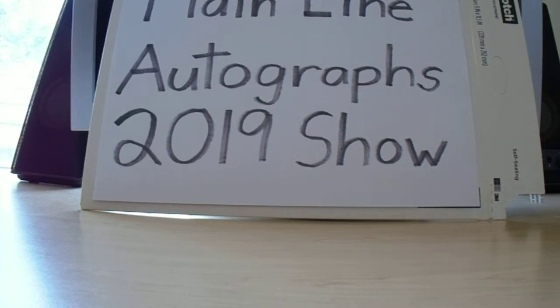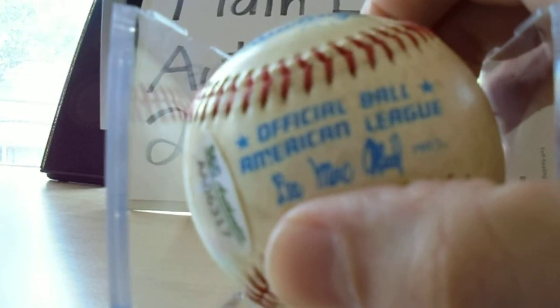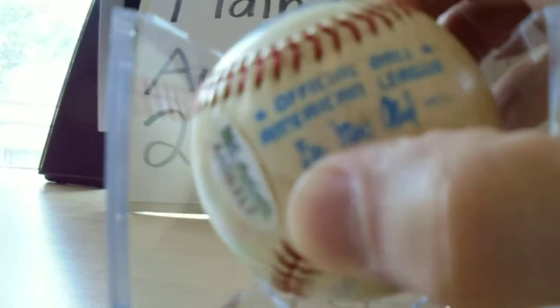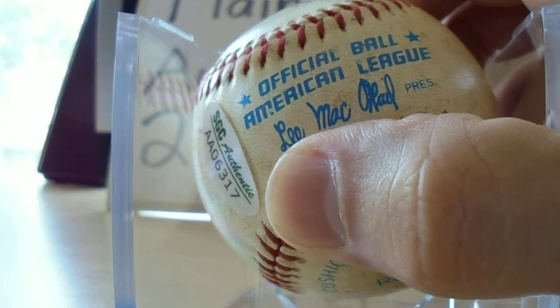This man played from 1942 to 1965. He passed away in 2003, elected to the Hall of Fame in 1973. I'm going to do this one in reverse order. On an old American League ball, SGC authenticated, an old one, holy crap, like Lee MacPhail. I mean,